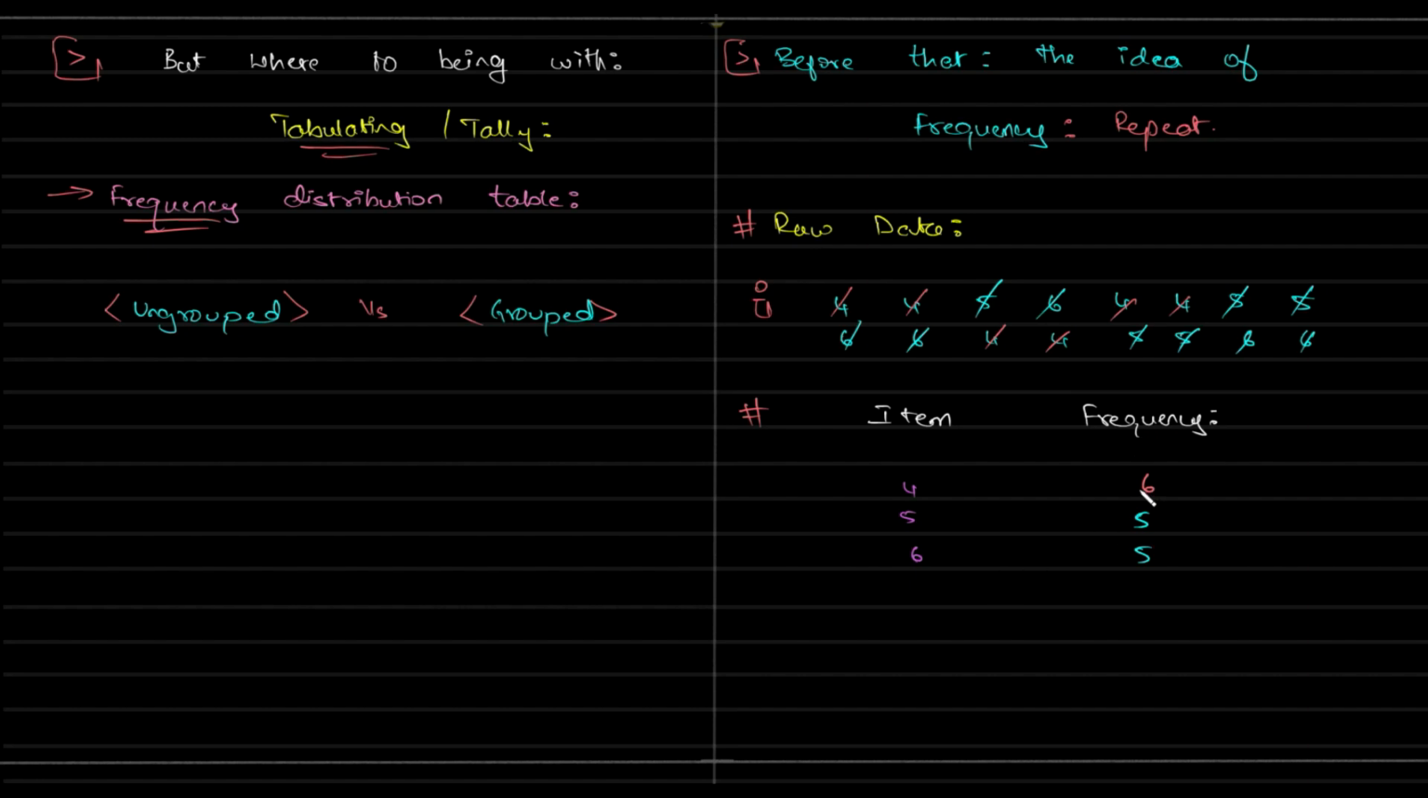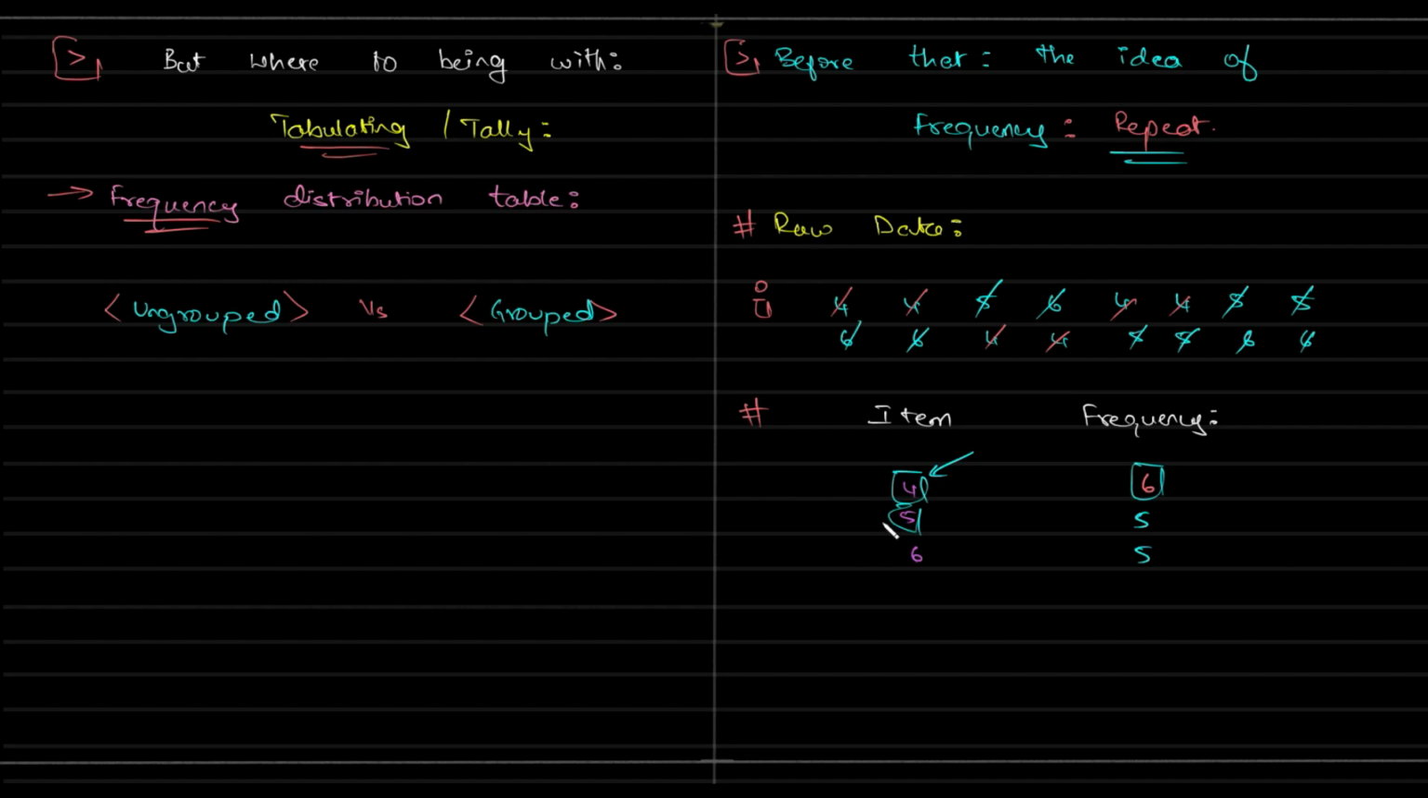We're talking about how many times this particular item is repeating. Remember, this is the item which is repeating. This is the number of times it is repeated. So frequency has to do with how many times a particular item has repeated. It can be anything. It can be the number of pencils, the height of a person, the age of a person, the number of people in a family,